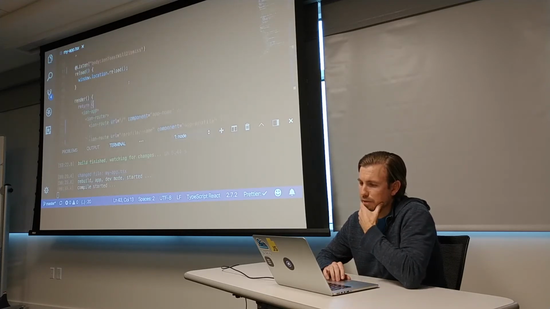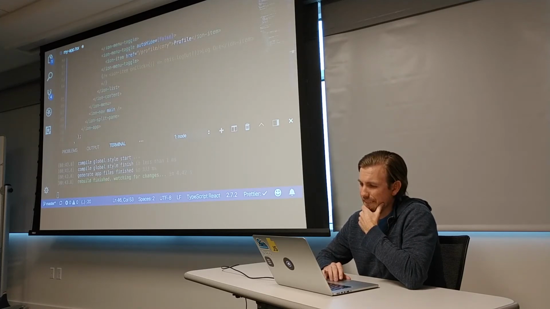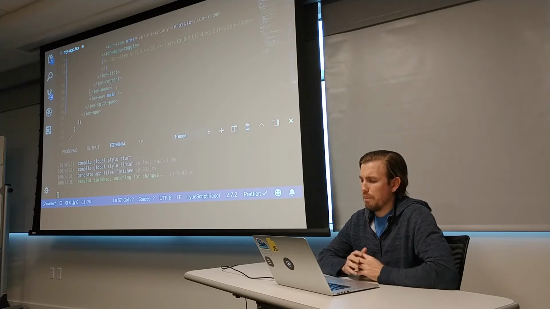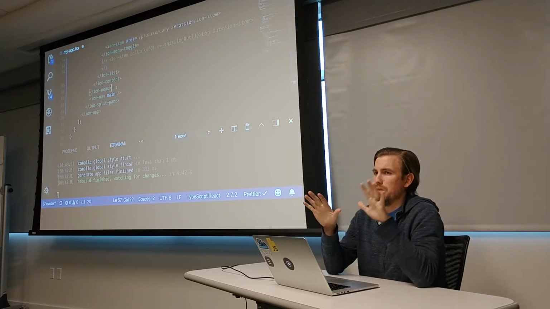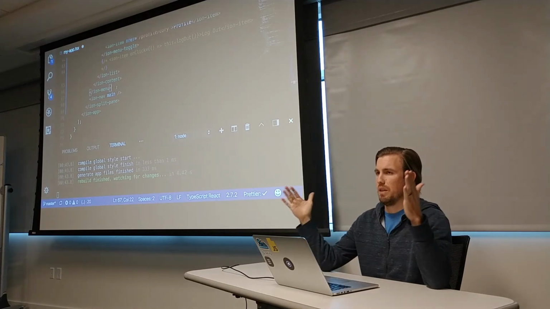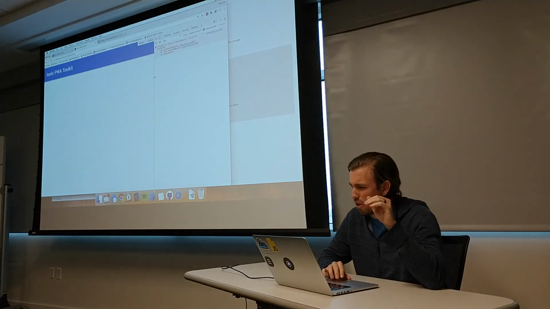So now we have an Ion nav. What I've put in here is an Ion split pane, and the way a split pane works is that there's a menu that's open when you're on a desktop, and I'll show you here. And the menu closes on,